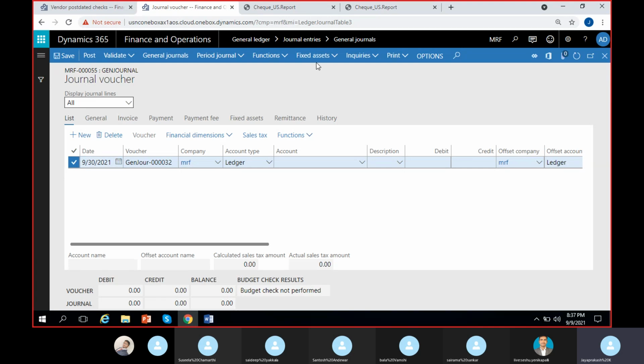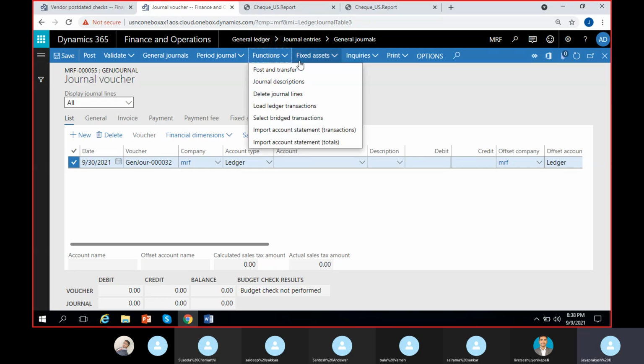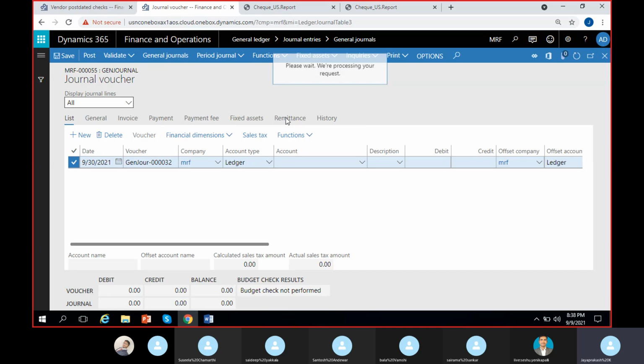So I think under functions, here we have the option called select bridge transactions. In general journal, just create the line and you can see the option under functions called select bridge transactions here. If you click on select bridge transactions,